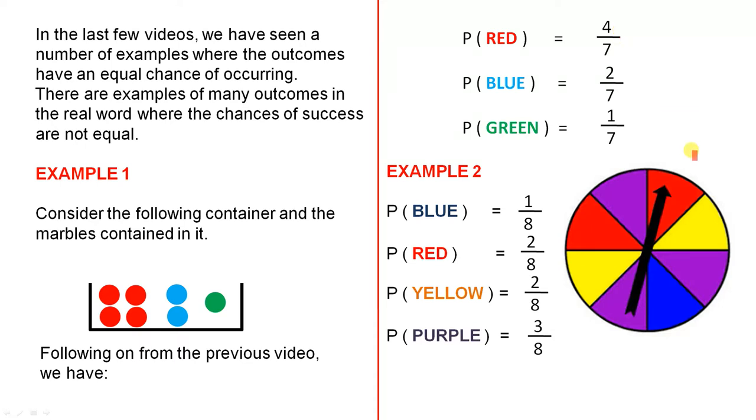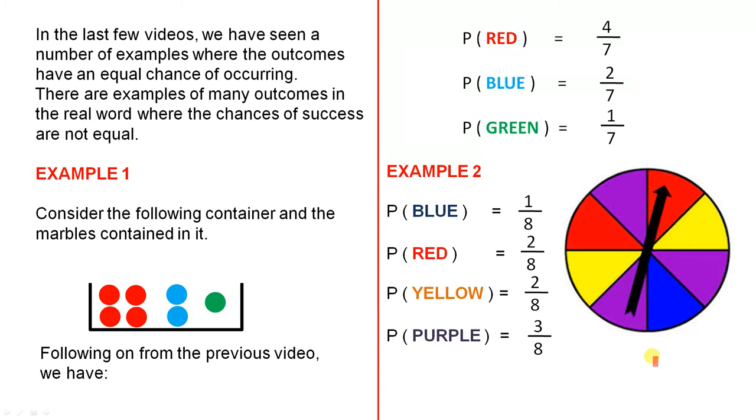Example 2. Now this is a spinner. Pretend you put your finger on this arrow and you started spinning it. Notice that there are 1, 2, 3, 4, 5, 6, 7, 8 sectors. That is, there are 8 equal parts that divide the circle. 2 of them are coloured red, 2 of them are coloured yellow, 3 of them are coloured purple, and 1 of them is coloured blue. So they're different